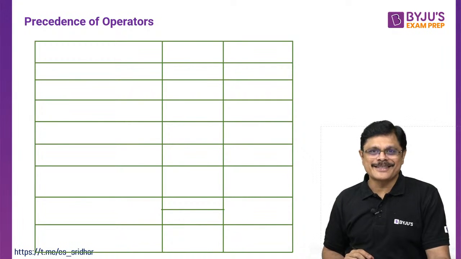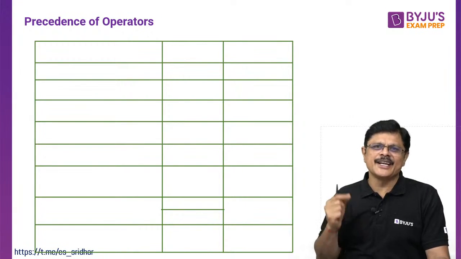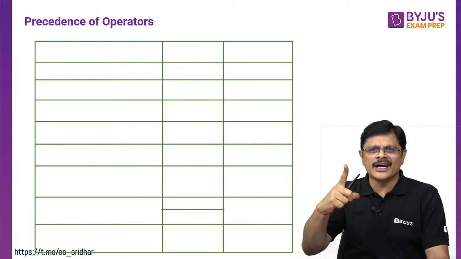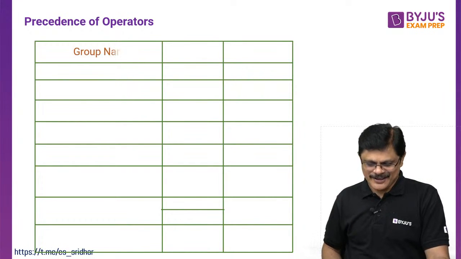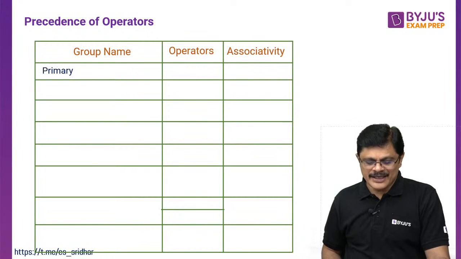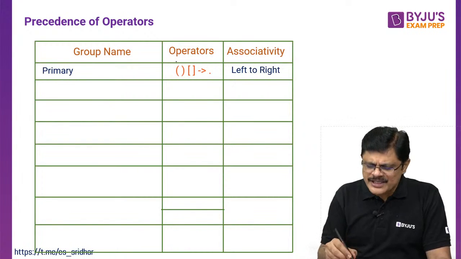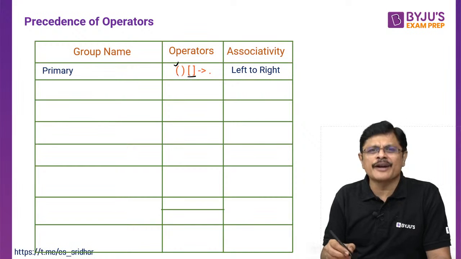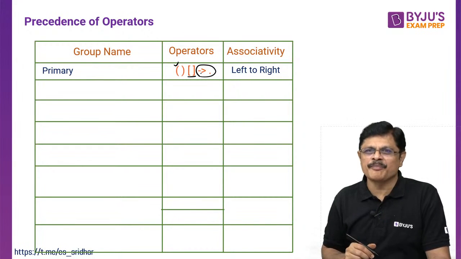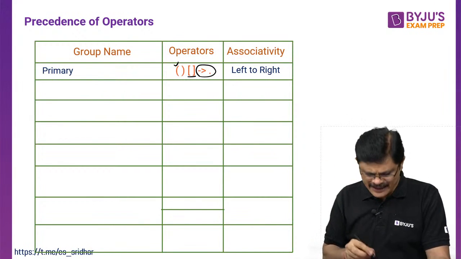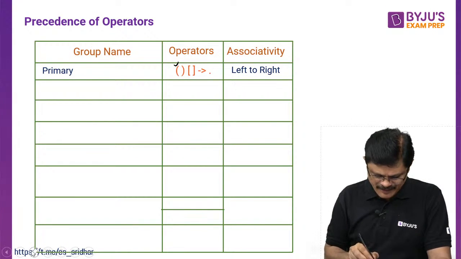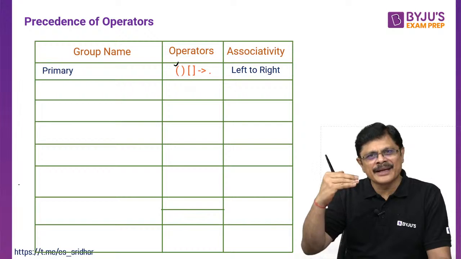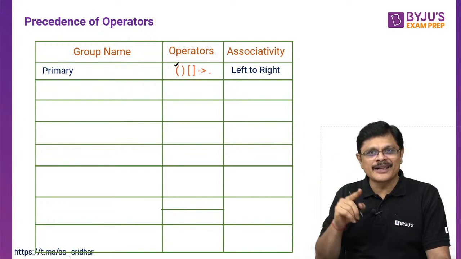Now the precedence, so far what we discussed. Now the table is increasing. Initially our table was very Lilliput. Now the operators have increased, so our table has also increased. The first one is primary. We only use this one, sir. This is for arrays, and these are structure membership operators, sir. We will discuss them later when we discuss structures, my dear friends. Am I clear? For the time being, just put them in that particular order. There we learn more.